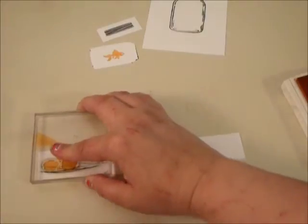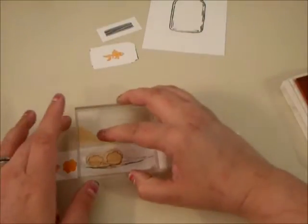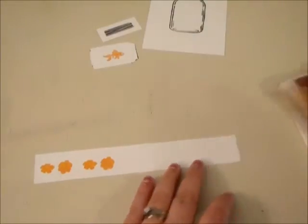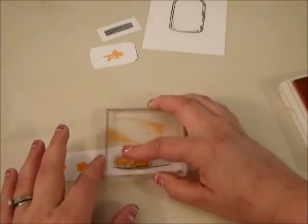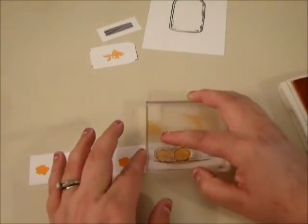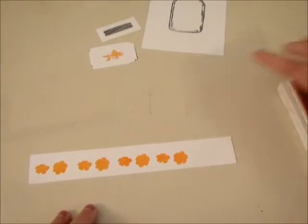So 1, 2, 3, and 4, okay? And like I said, this is double stamping, so we're actually going to put Peekaboo Peach away,